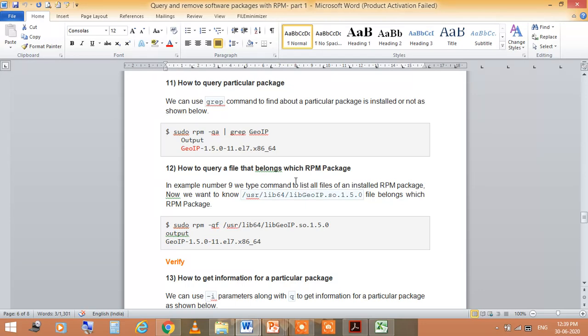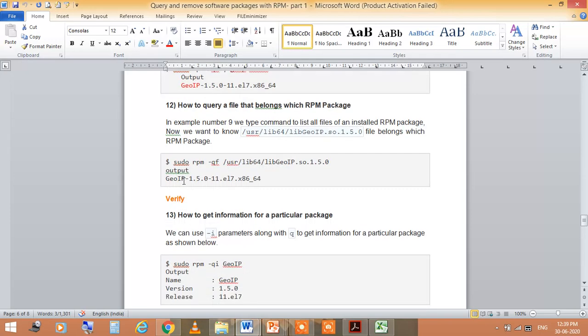In this example, we type a command to list all files of an installed RPM package. Now we want to know which RPM package this file under lib64 belongs to. So you type this and see the output like this on the screen.